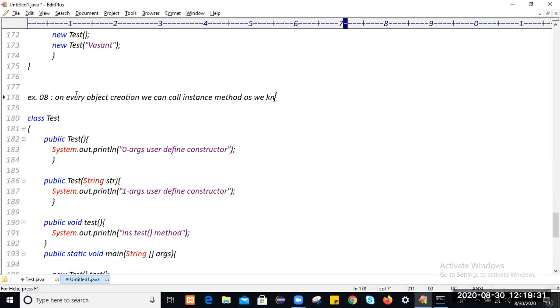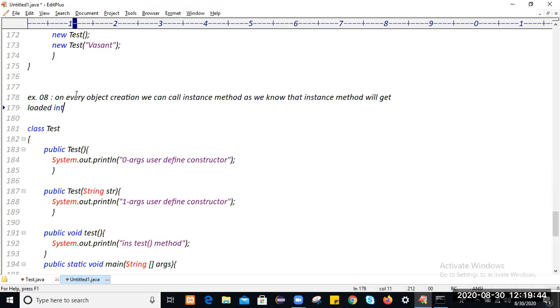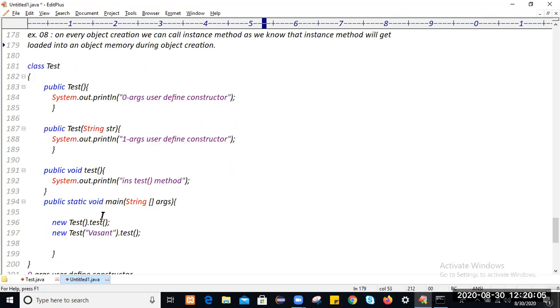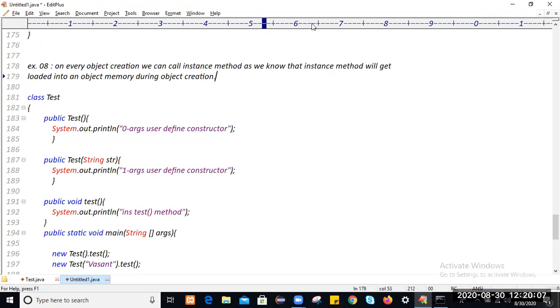As we know, the instance method will get loaded into an object's memory during object creation. That is why, on every object memory address, we can call the instance method.